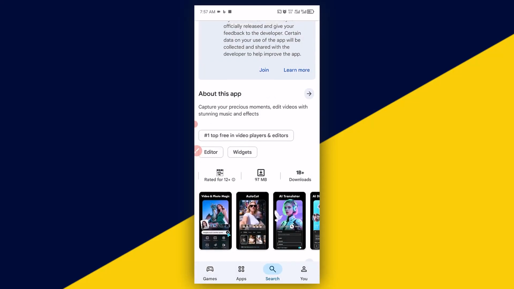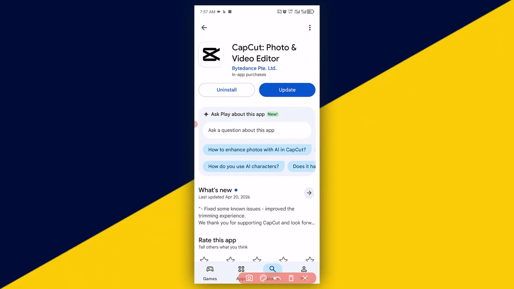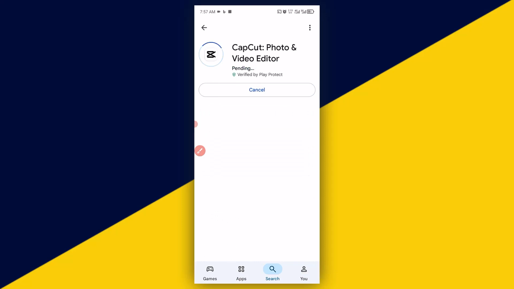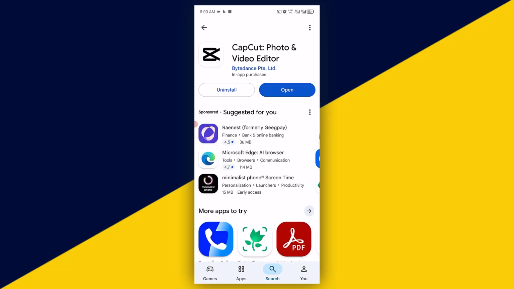So all you have to do is to make sure you download and install CapCut. After a successful download and install of CapCut, go ahead and hit on open. I've already downloaded and installed CapCut photo and video editor. That is why you see update right here. So if I click on update, the app is going to be successfully updated. After a successful update, I will simply click on open right here, and it's going to load the interface of